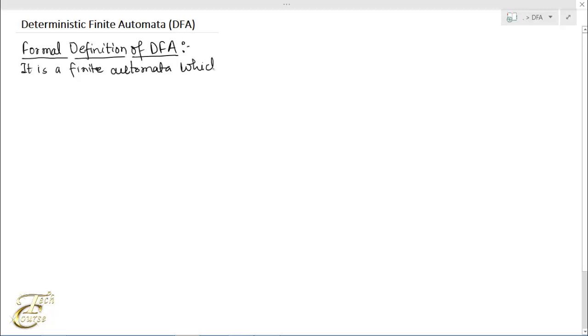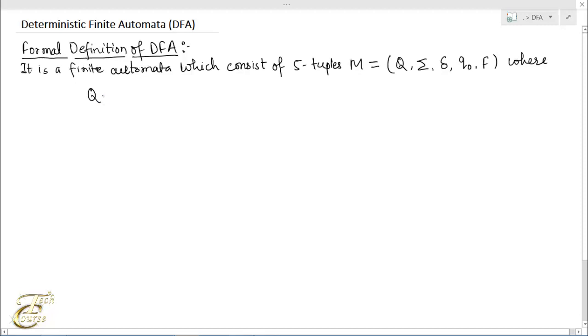Now let's define DFA formally. Formal definition of DFA: it is a finite automaton which consists of a 5-tuple M equals (Q, sigma, delta, Q0, F), where Q denotes the set of states, sigma denotes the input alphabet, delta denotes the